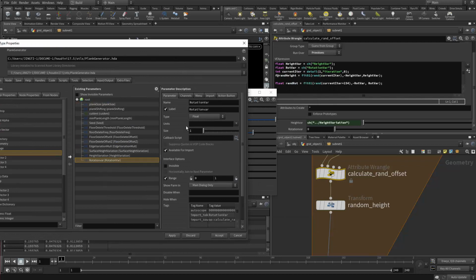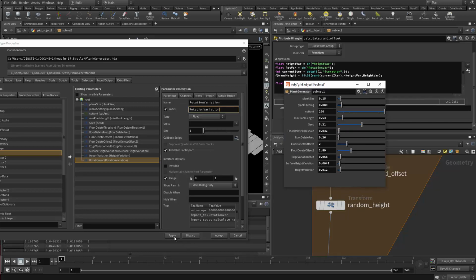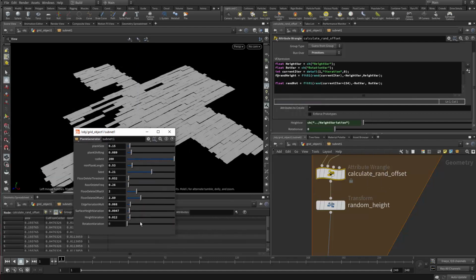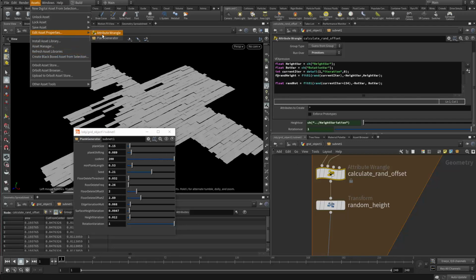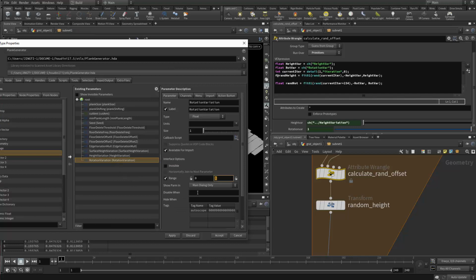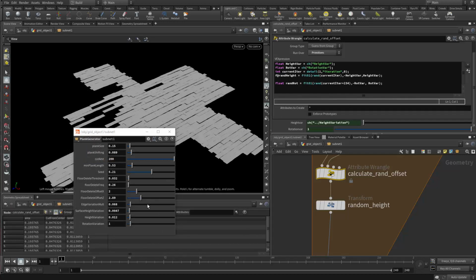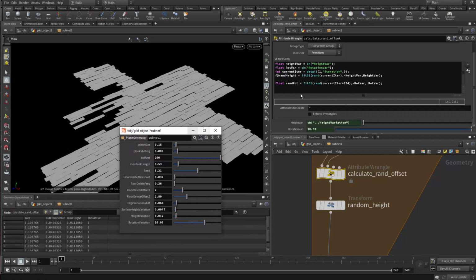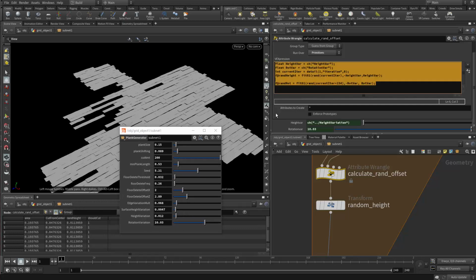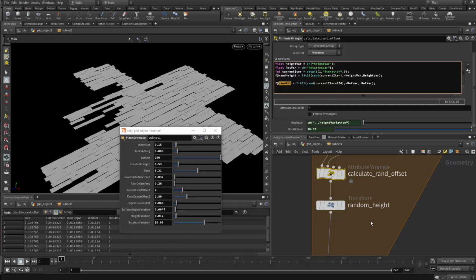Okay, rotation var now. Variation. Copy and paste in here. Okay, so that way we can change the rotation variation here. All right, and then maybe for the rotation we kind of need to be able to have a bigger number range, so maybe 15 degrees all the way, except that. Cool. So now we can just say f at instead of that, and we got this random rotation here, and